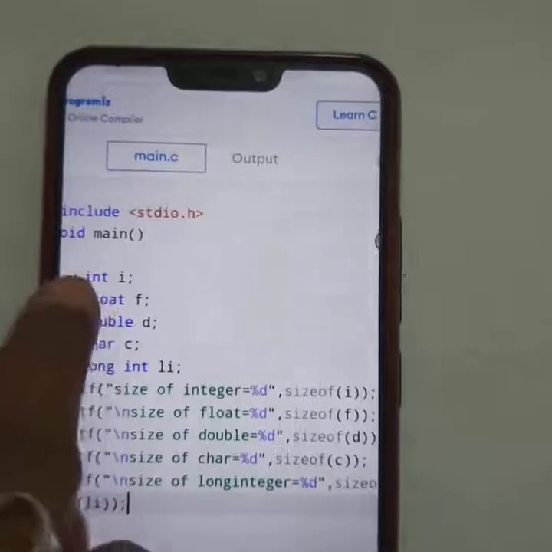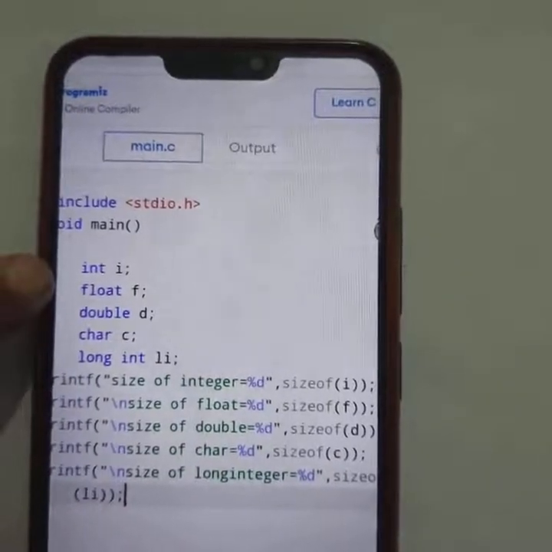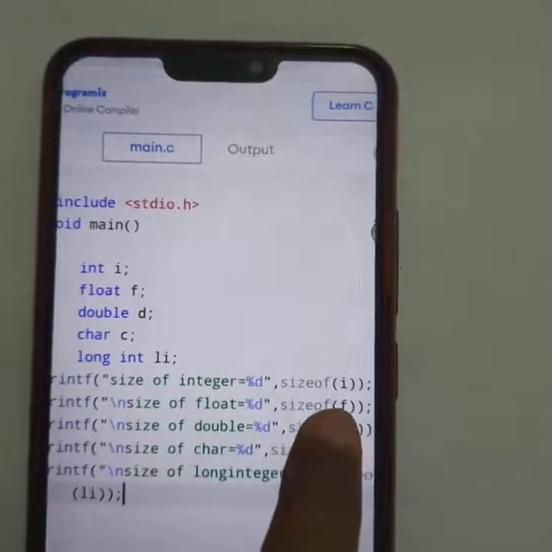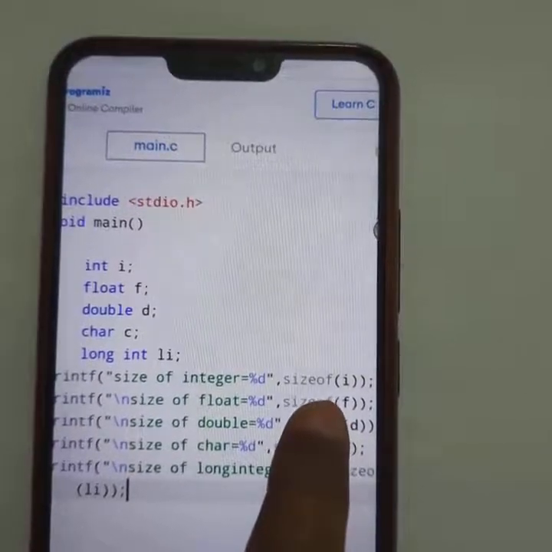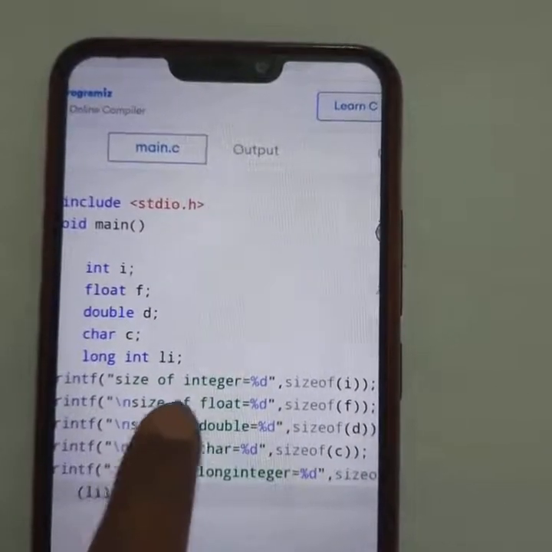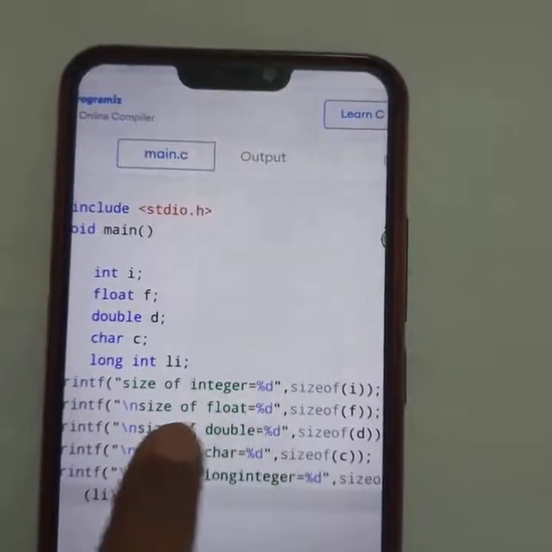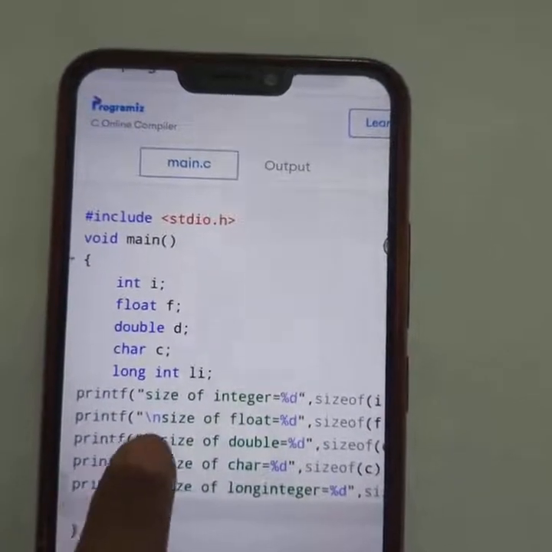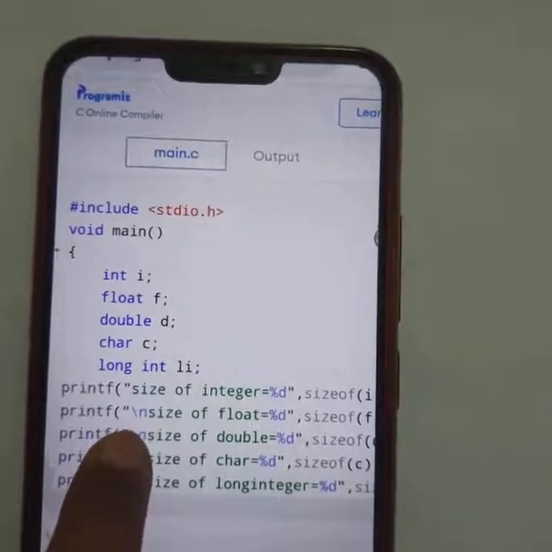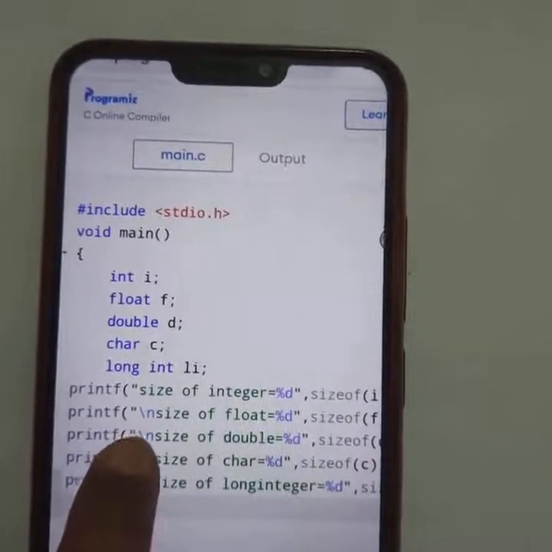I pass the variable of integer data type in the sizeof function, because I will get the size of integer in integer format. After that, in the next printf, I use slash n. Slash n is used for a new line.